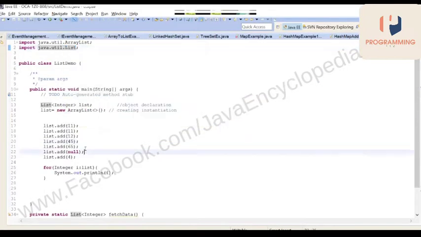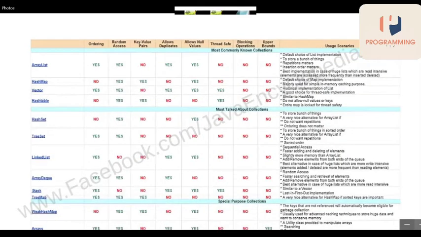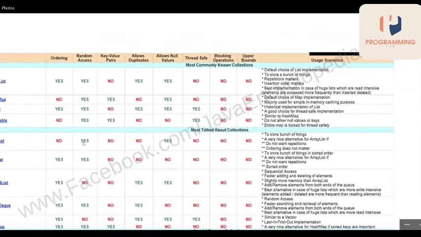So now, if you understand the list, when to use a list: if you want to take a decision, when will I use ArrayList? It is the default choice of list implementation to store a bunch of things, where repetition matters and insertion order matters to you.